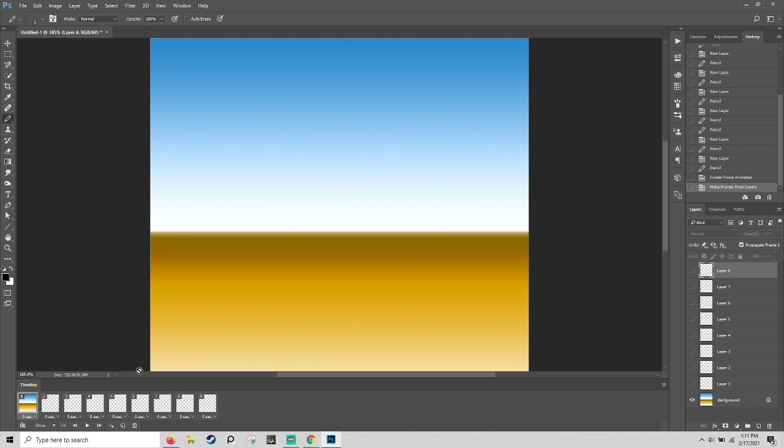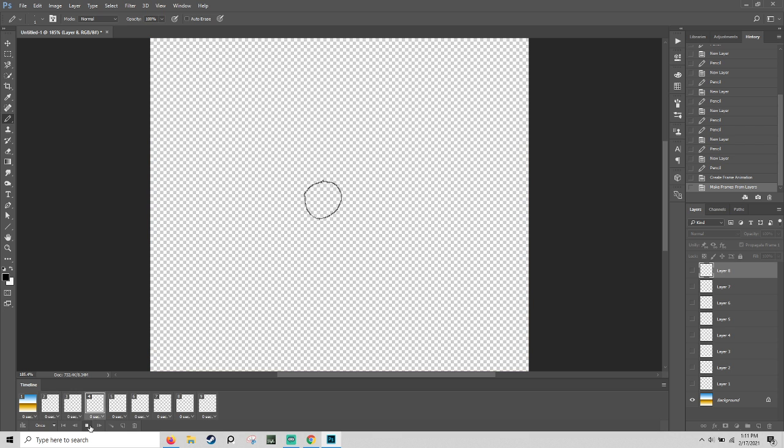Before we do anything, notice what we have here. We have this gradient here, and then basically the frames are right here. So let's press play and see what happens. It literally took every frame